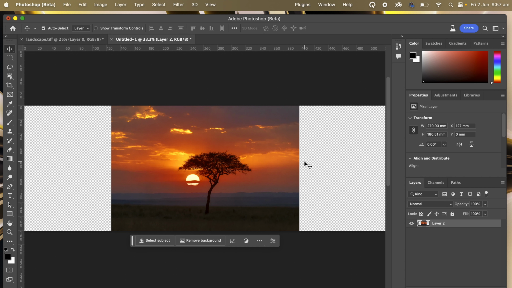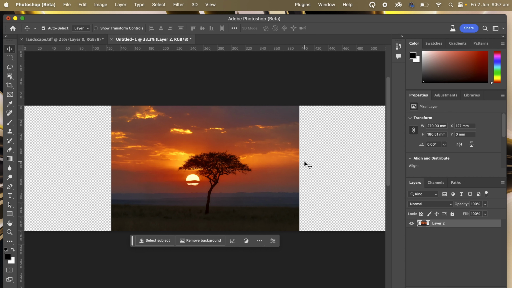So now we have a super wide canvas, but as you can see, there are gaps on either side. In the previous version of Photoshop, you might have used the content aware fill feature, which could do the same job, but it would often be imperfect and require some patching and manipulation to fill in larger areas of content. So we're going to take advantage of the new Generative Fill, and to do that, all you need to do